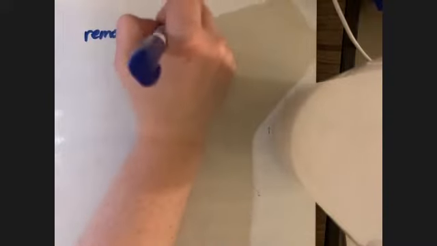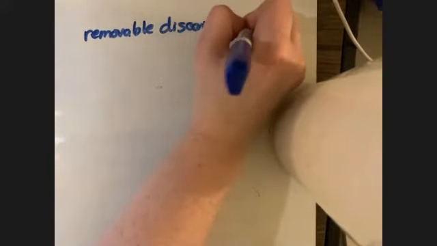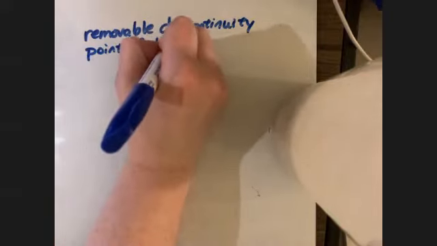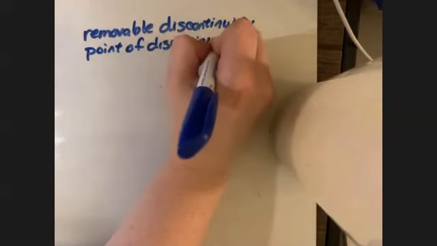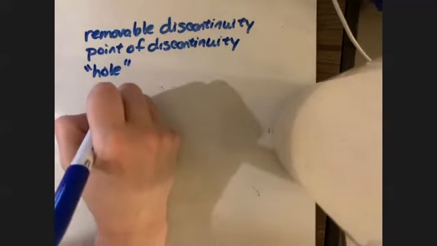Now, we have just a couple more things to talk about in this section. One of the things is what's called a removable discontinuity. Sometimes it may be called a point of discontinuity. It may also be called, what most of us call it, is a hole. Now, holes happen